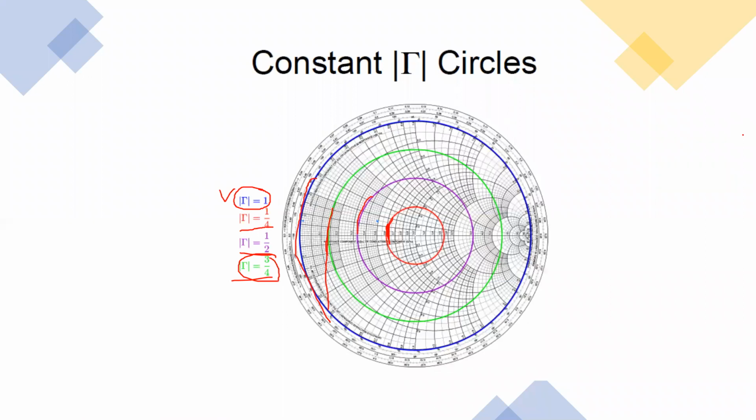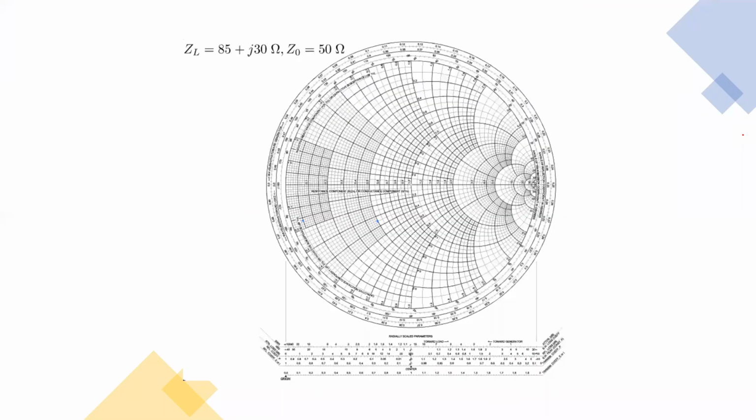Once you know the reflection coefficient, you will be able to estimate the VSWR also. Since you know these parameters, you can obtain the VSWR using this parameter. You need to project this onto the VSWR scale and obtain the value. Here, 0.7 was somewhere here. If I project it onto the SWR scale, I'll get it somewhere over here, and I'll have a value of VSWR associated with that.